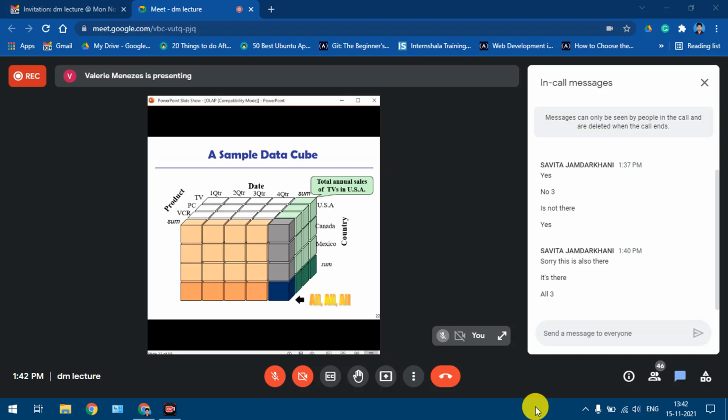So here, as you can see, this will tell you the amount of sales done. Let's look at this one, the one I'm showing with the cursor. This will show you the amount of sales done for the VCR product in the first quarter of the year in the US, because the first row of this cube is for the region US, the second row is for region Canada, and the third row is for Mexico.